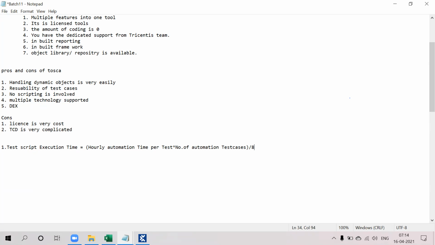There are certain formulas like this, and you can look them up on Google. Most companies will not follow the same thing; based on these things, they calculate the estimations as well. So once he has the requirements, he does the estimations.